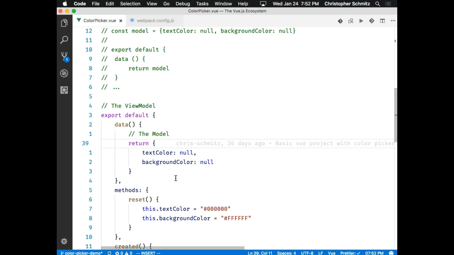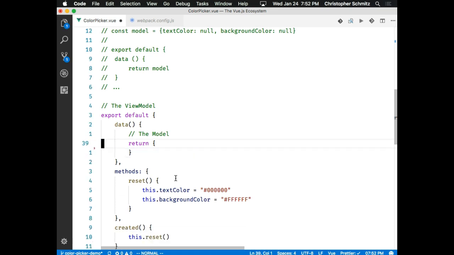But whenever we get to shared state, you'll see that we pull part of that out and then use that to share between components. Whenever we talk about the model within the MVVM structure and within Vue specifically, it is nothing more than a JavaScript object. There's nothing special about it. You can just say, like,